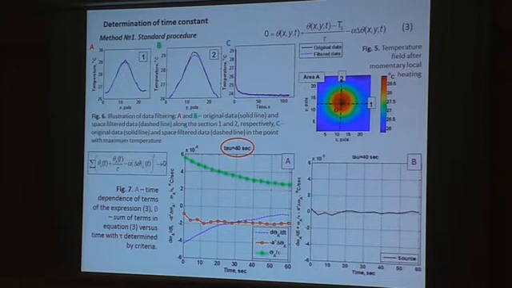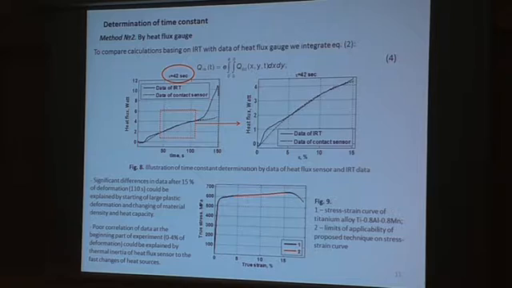This technique allows us to estimate tau, but we weren't satisfied, and we tried to use our additional system to measure this constant tau. Of course, we can use this Peltier element as a simple measurement technique, but for example, one of the possible ways is to use it to find the best value of tau. We can compare the results of infrared calculation based on some value of tau with data of the heat flux sensor and find the best value of the constant which describes the interaction with the environment.